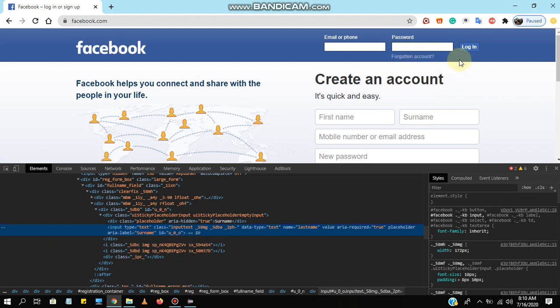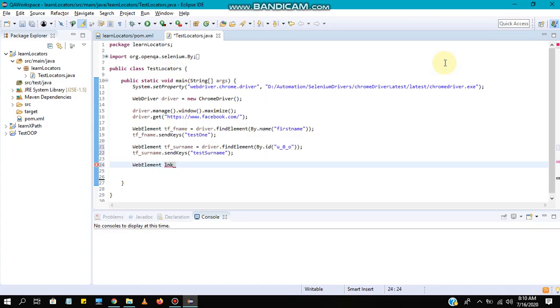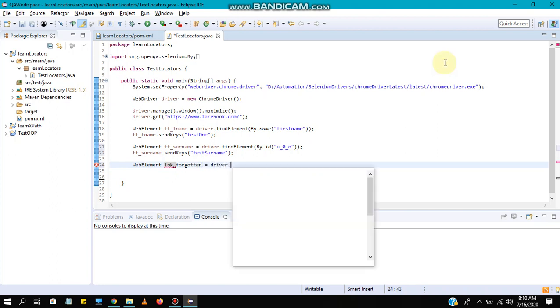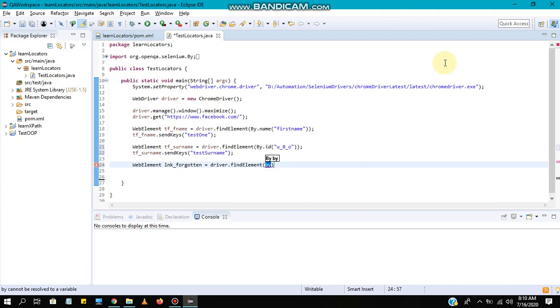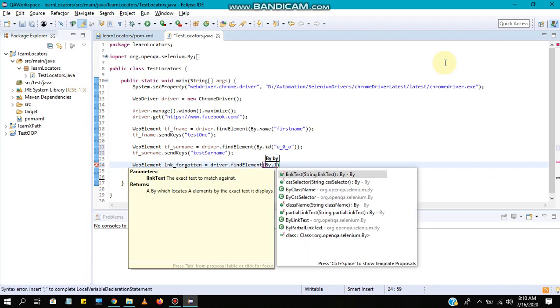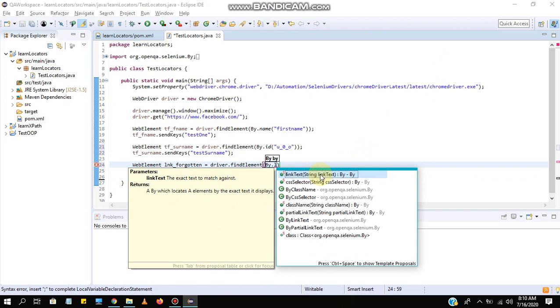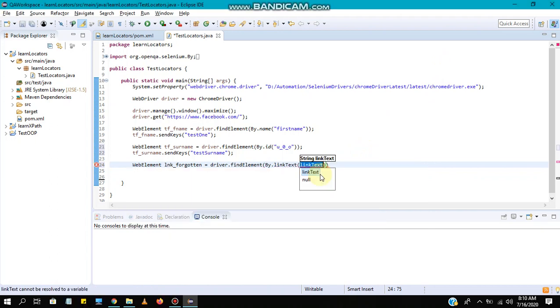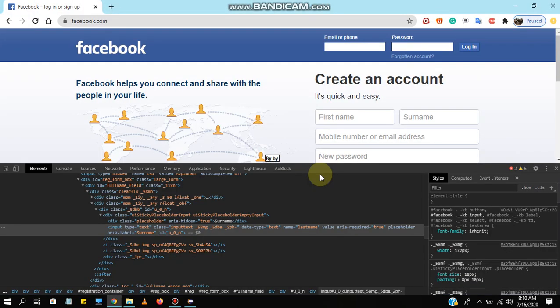I'm going to use this forgotten account link, capturing this link available in this web page. Here you need to use By.linkText. The first option is the link text option. Just select that, and inside the double quotes